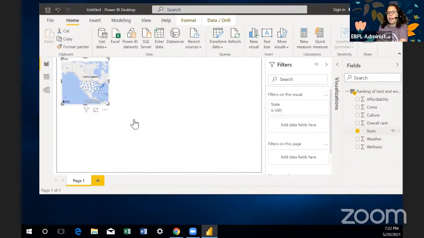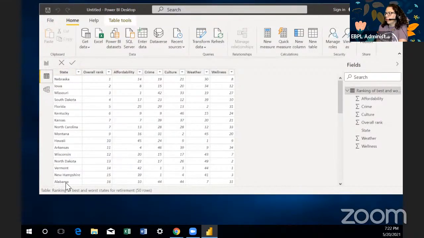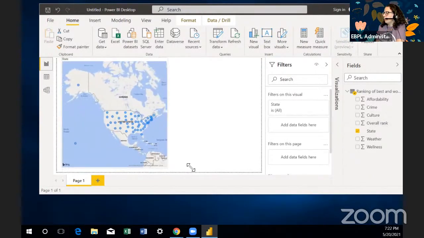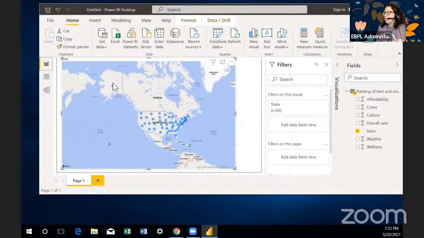Power BI is gonna detect that as geolocation data. Geolocation is a geographical location, because here it has a state. And remember, states will be all the states of the United States, the 50 states, and it's gonna put it in the map. Let me make this bigger so you can see it. You can see only the text is marking where the states are, but it doesn't have a value yet. So let's add